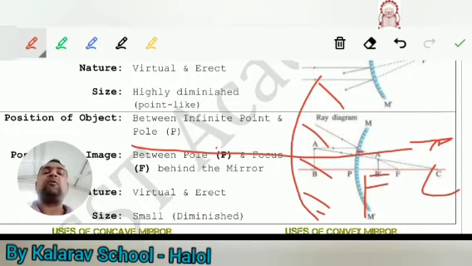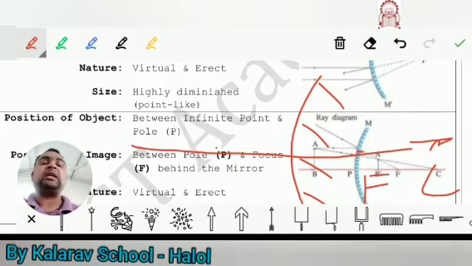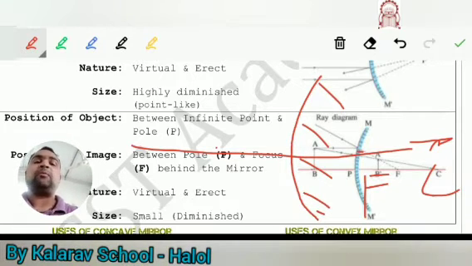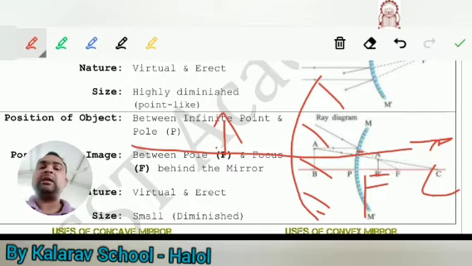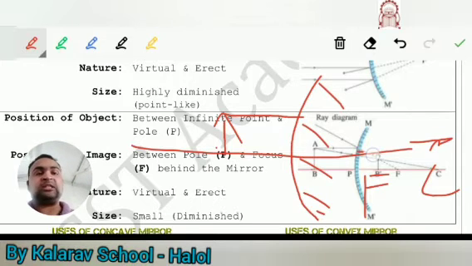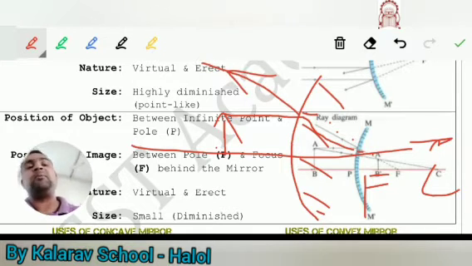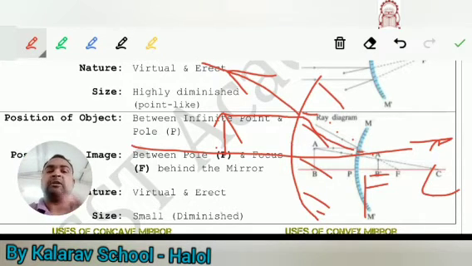Okay, where do you have to take the principal focus? You have to take it behind, inside. Okay, now you have to place the object in between, so you can place it at any point. Take here as the object. Now again consider the first common ray, that is a parallel ray. We know that the parallel ray after reflection will pass through the principal focus, so join this point and this point. But here you have to draw a dotted line, and then you have to continue, so this one becomes the reflected ray. Okay, the first ray is clear.